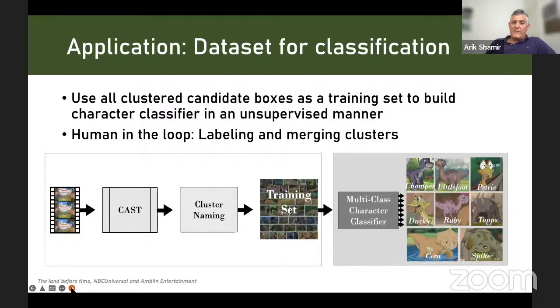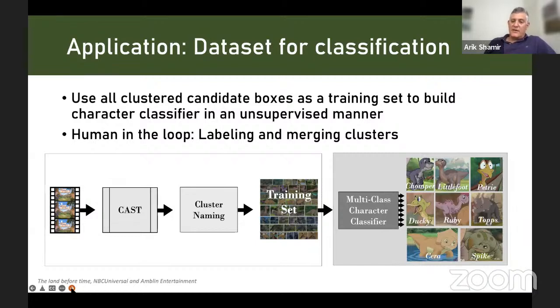Now, once you have all those characters and the clusters of examples, you can name those clusters or characters, and then use all the candidates as a training set for a classifier.